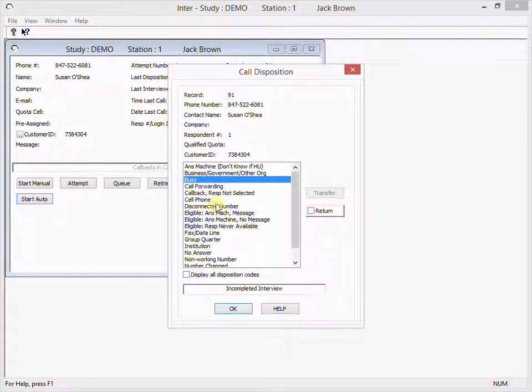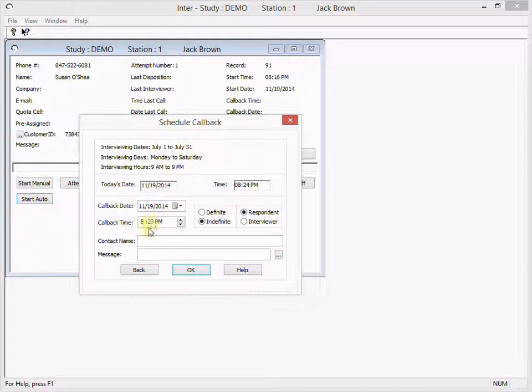If a callback disposition is selected, the interviewer is presented with the scheduling window. Here, they enter the date and time to call the respondent back. They do not have to calculate the time if the respondent is in a different time zone. They simply enter the date and time the respondent gives them, and WinCATI will make the conversion to local time